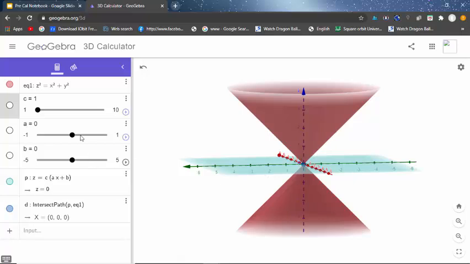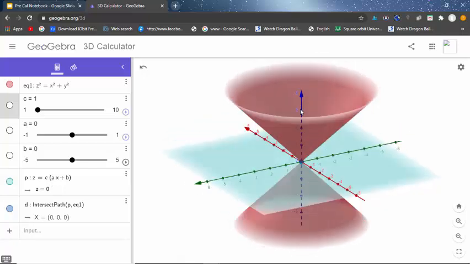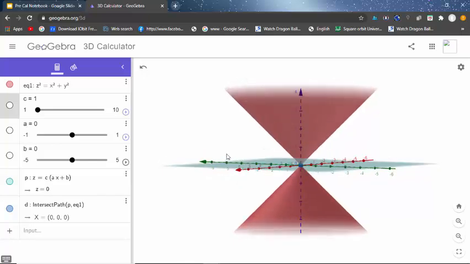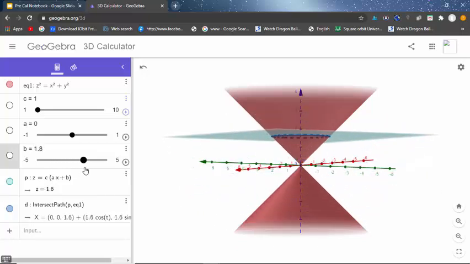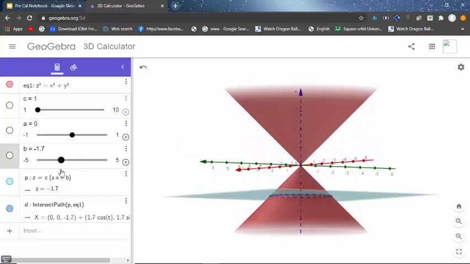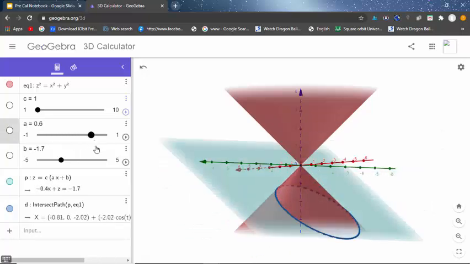So what we need to do is write the equation of the cone, then also write the equation of a plane. So we have two equations: the equation of this cone, the red one, and the equation of this plane. In the equation of the plane, you will be seeing the sliders that will be present, wherein the slider of B is simply the position of the plane along the Z line, so you can put it either above or below, and the A slider is the angle for the plane